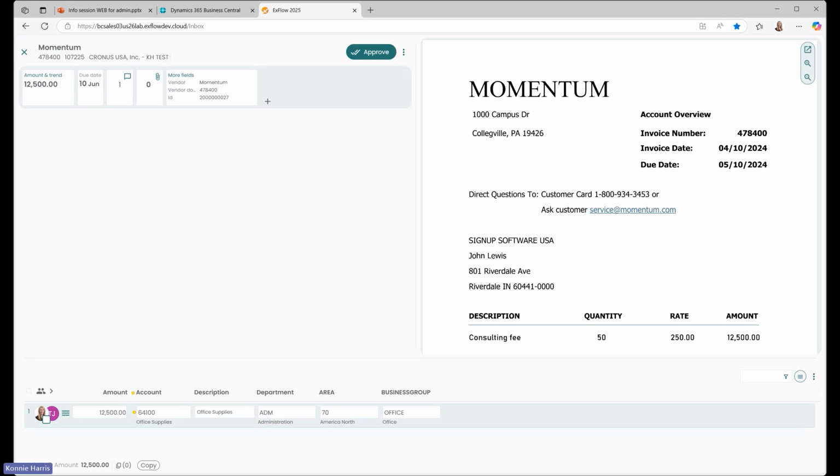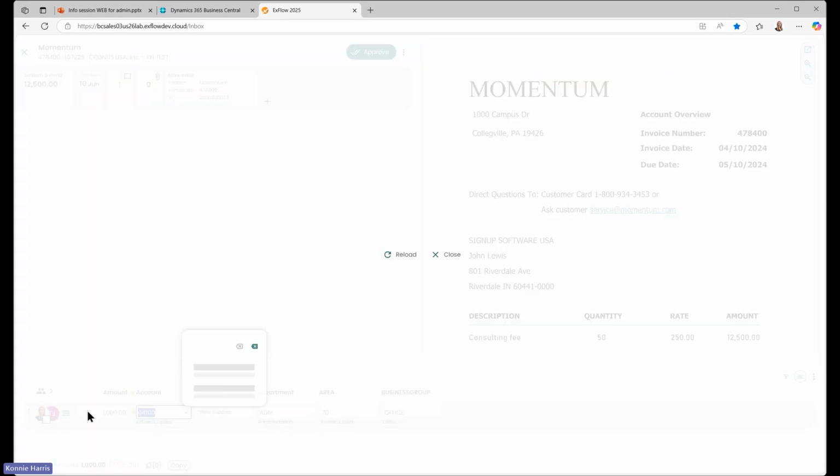If your users need to split a line, they enter the amount they want to keep on the existing line. You can also calculate that. So for example, I'm going to enter 800 plus 200 on this line. And when I leave the field,